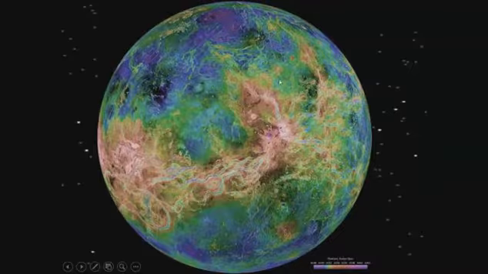So this is radar data, this is radio data, this was radar bounced off of the surface and detected by the spacecraft, and it's been applied, false color has been applied so you can see contrast between the different surface types. So you can see there's some volcanoes over here and then there's low level material here. So blue means low level and the whitish material is high level, green and yellow will be in between. So that's the surface of Venus.